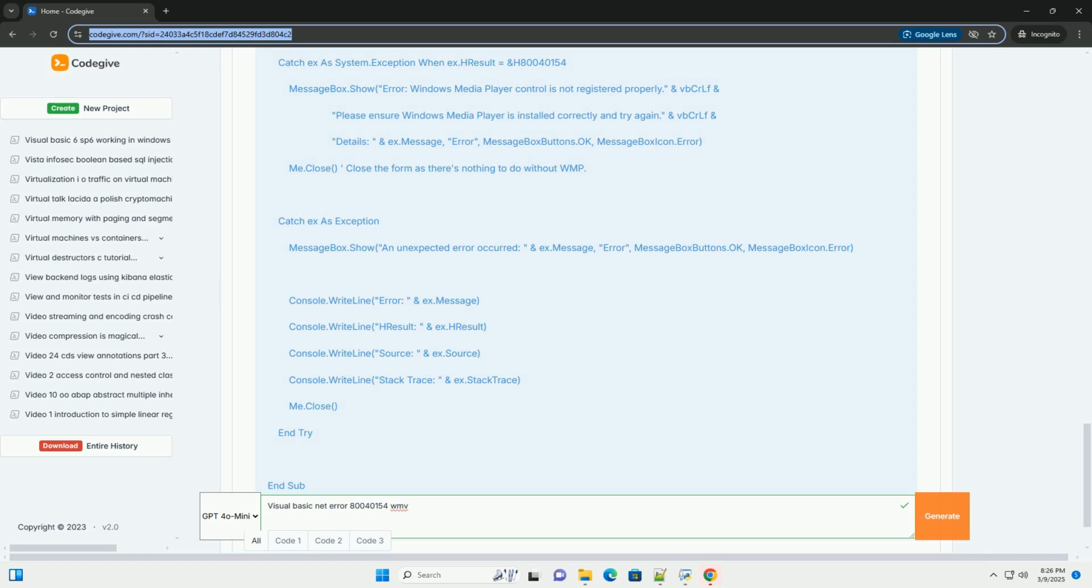Code example, illustrative. This example demonstrates how to use the Windows Media Player control in a VB.NET application and includes basic error handling for the class not registered exception. Important: this example assumes that the Windows Media Player ActiveX control should be properly registered on your system if WMP is correctly installed. Explanation of the code: